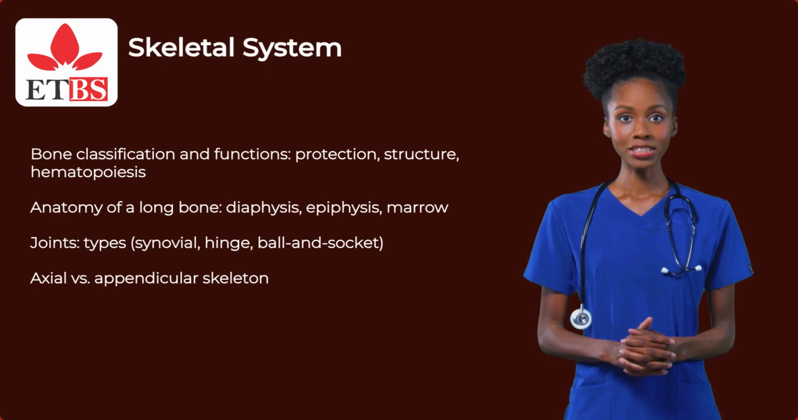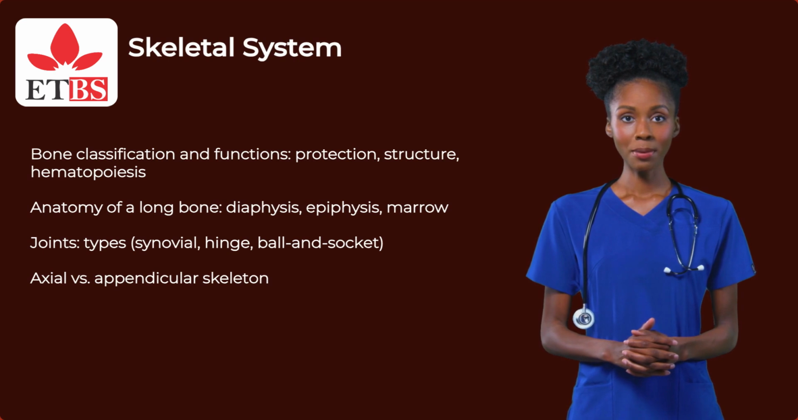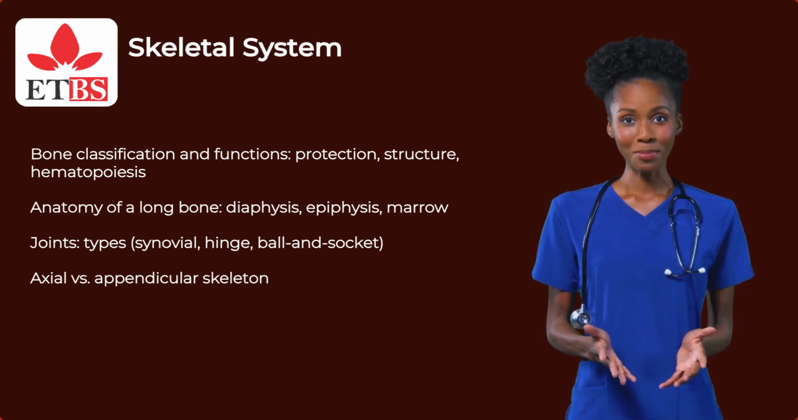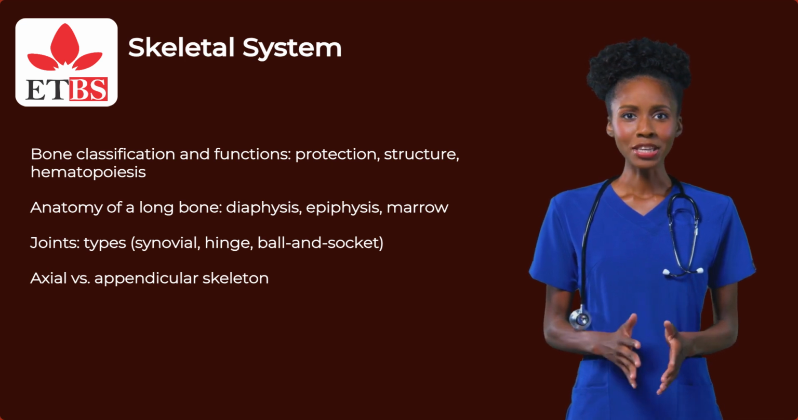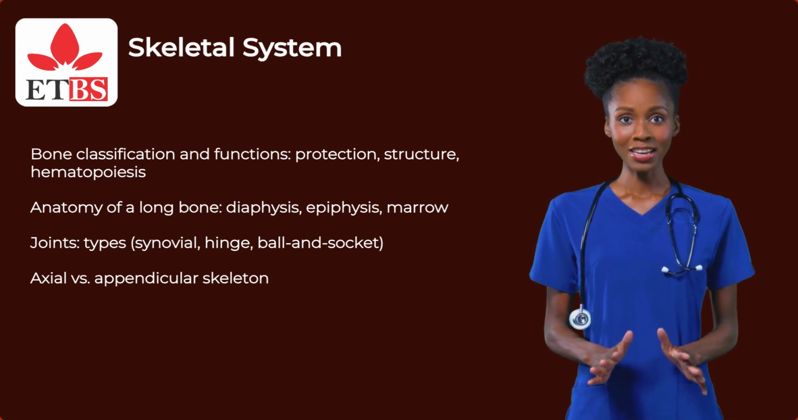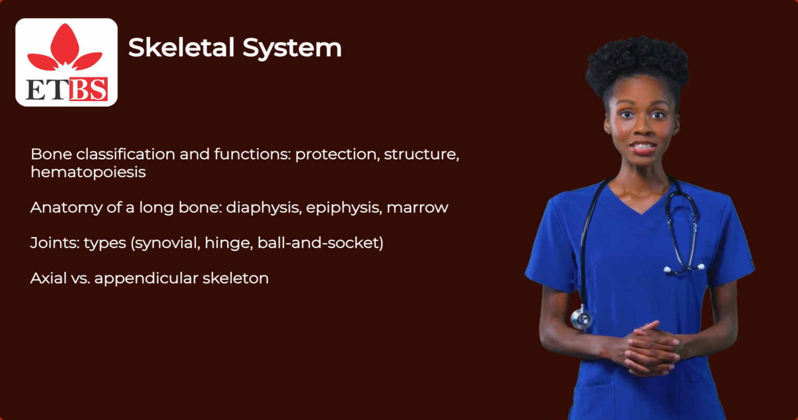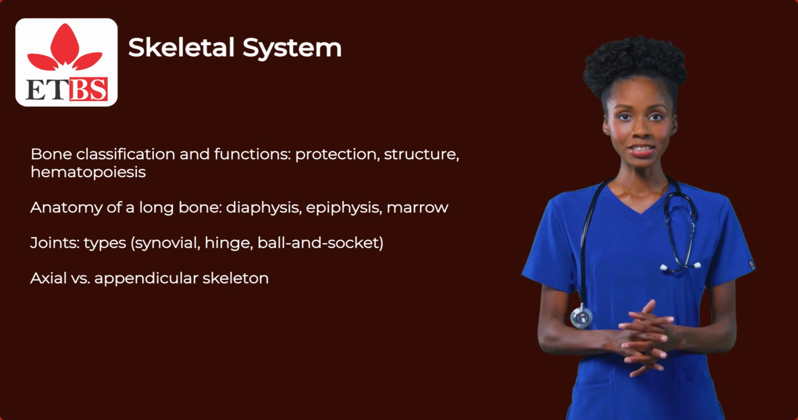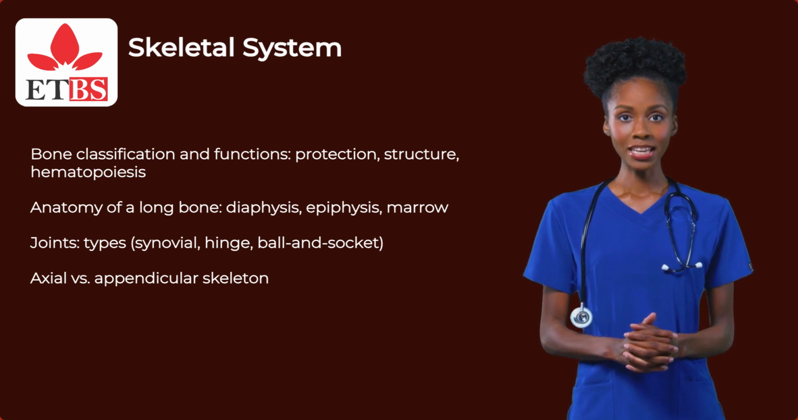4. Skeletal system: bone classification and functions, protection, structure, hematopoiesis. Anatomy of a long bone: diaphysis, epiphysis, marrow. Joints: types, synovial, hinge, ball and socket. Axial versus appendicular skeleton. Bone disorders: osteoporosis, fractures, arthritis. Relevance in positioning, mobility, and fall